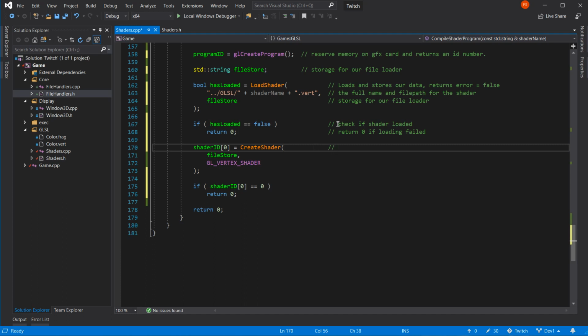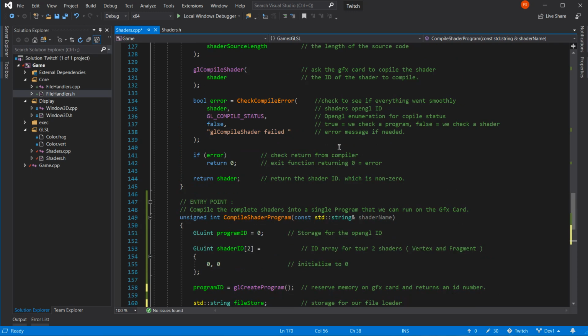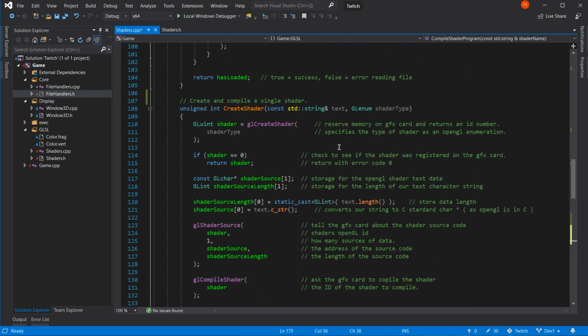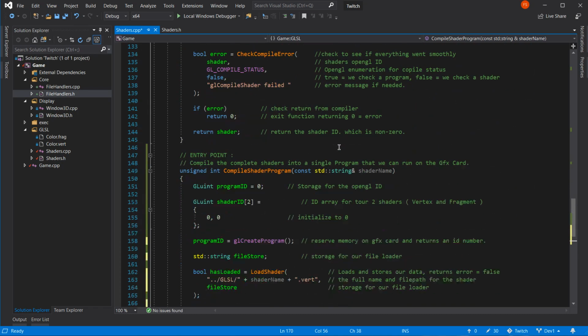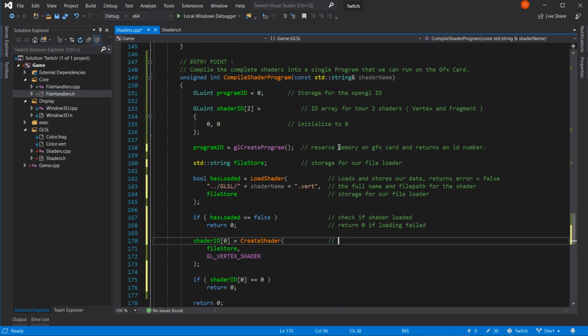What's this one doing in? Create shader. That compiles and stuff, doesn't it? Creates and compiles a single shader, yeah. I'll just put compiles here.